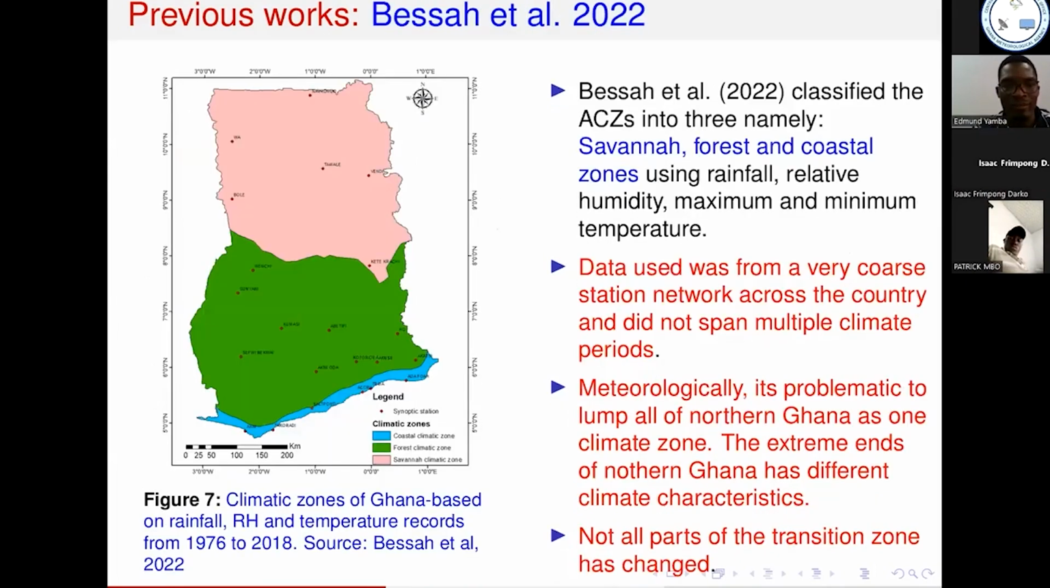And then recently, Besa et al. also did some similar classification. And the map that you see here is their zoning. So they classified Ghana into 3 major parts. They called them the savanna, the forest, and then the coastal areas, as you can see from the map here. And they did that using rainfall, maximum and minimum temperature, and relative humidity. Okay. So I kind of like their work,